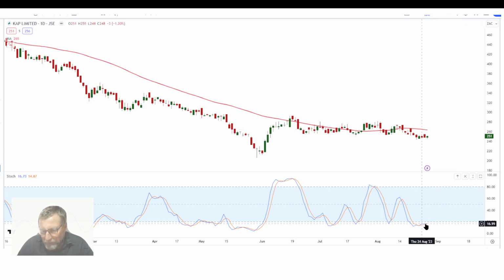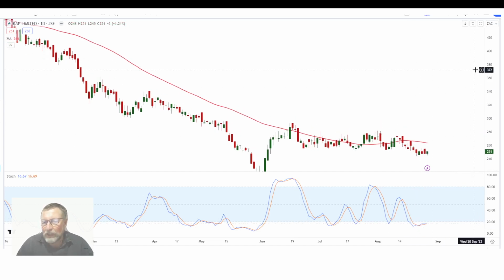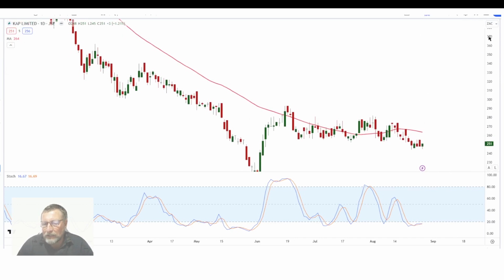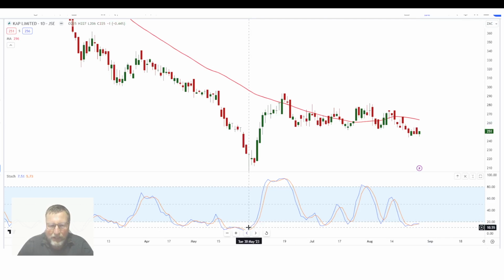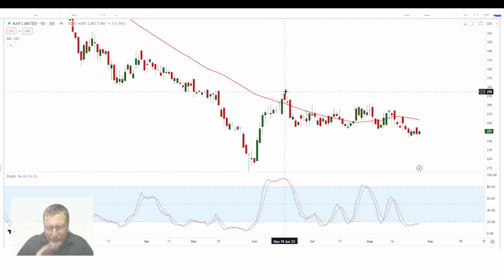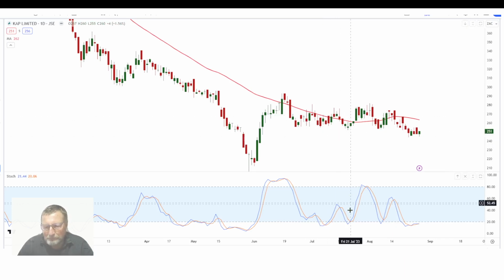But look at my stochastic. The stochastic is nice and low, and I think it's not going to take a long time before this stochastic eventually will give us a little bit of a bounce. Because why? Look at this. Previous time when the stochastic was nice and low, it gave us a beautiful bounce to the top. Even there, it gave us a few cents there. There, it also gave a few there, and I think it's not going to take long. Then this one will kick in here. So let's see if you want to preempt it.